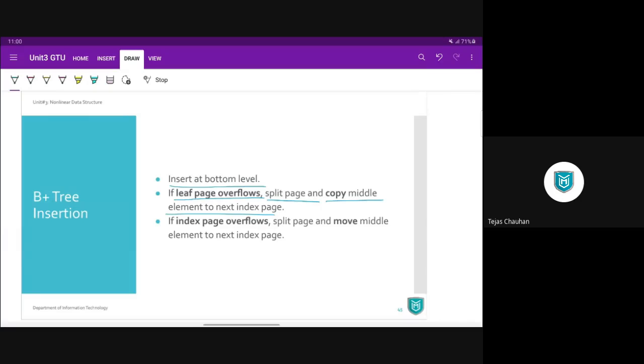Fine. Now अब अगर आप new key generate करके parent node में भेजते हो, which is the index page, if index page overflows तो repeatedly वो भी split होगा,